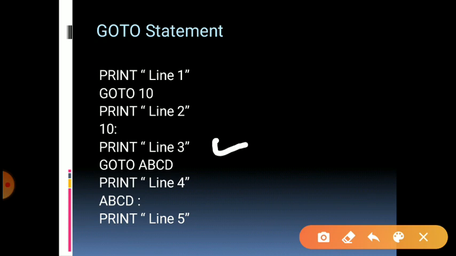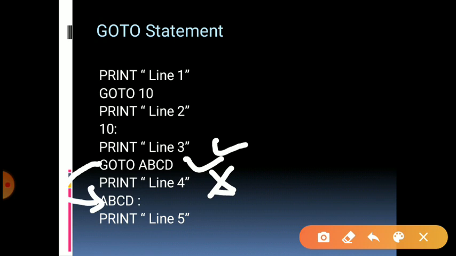Again we are giving the command GOTO ABC, so it will skip the PRINT line 4, go to the ABC statement and print the next line.